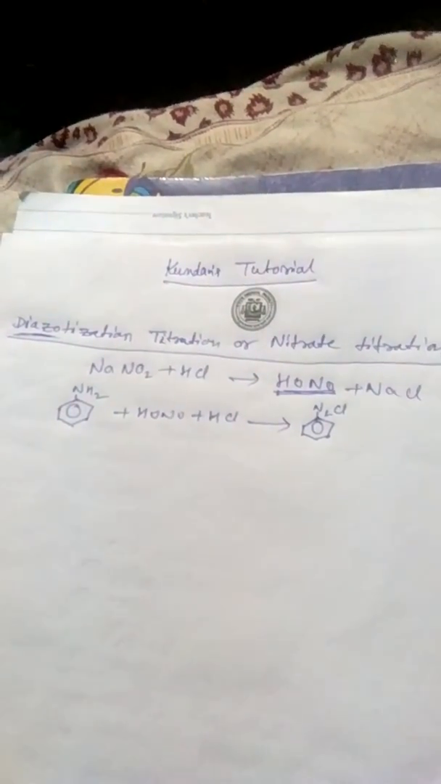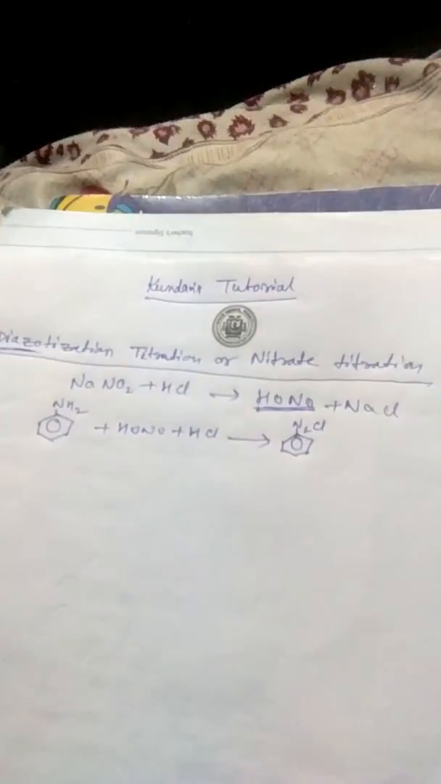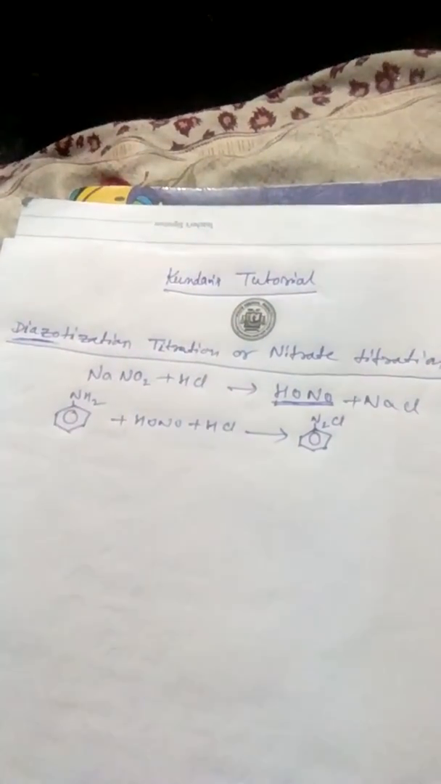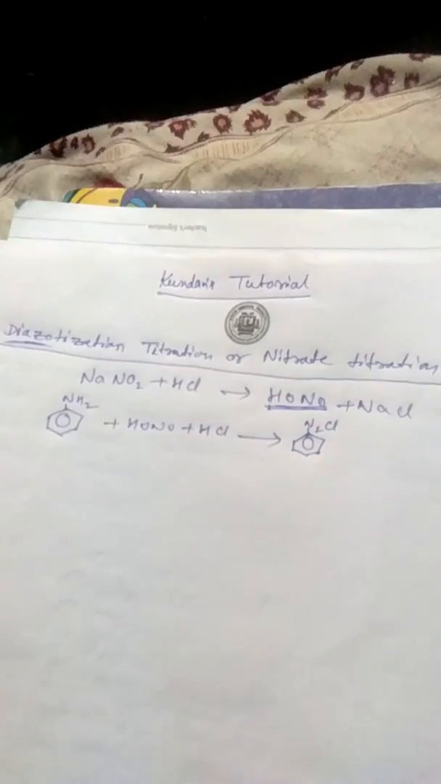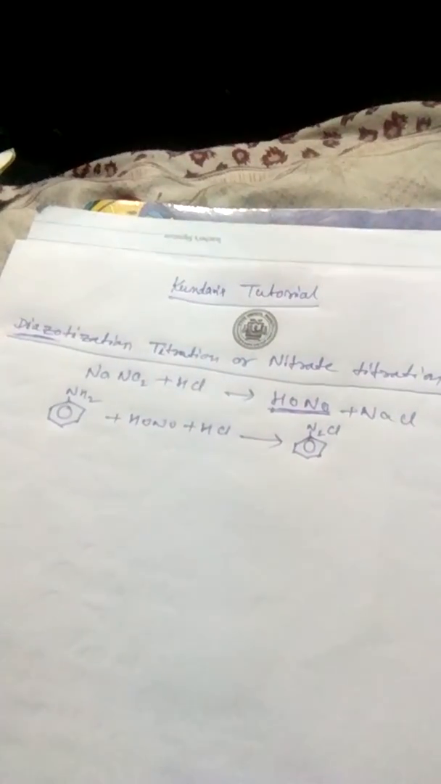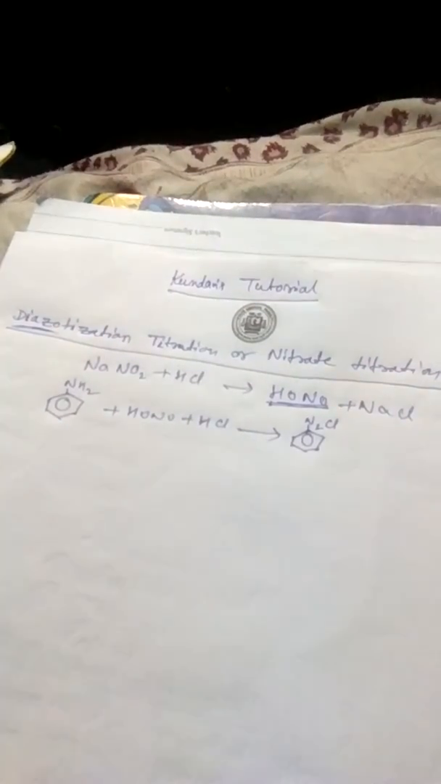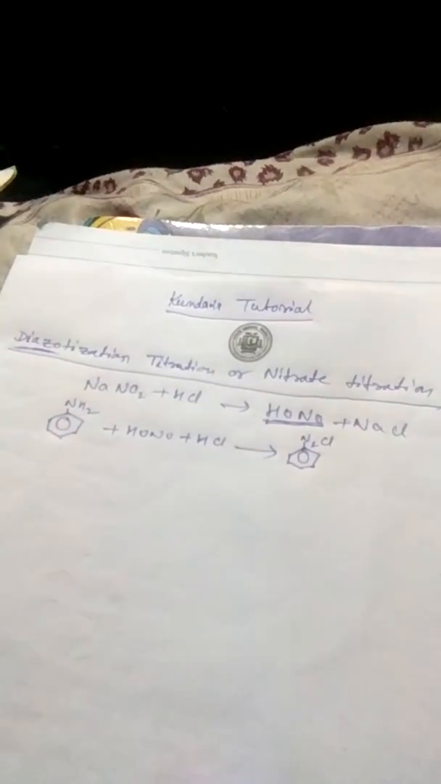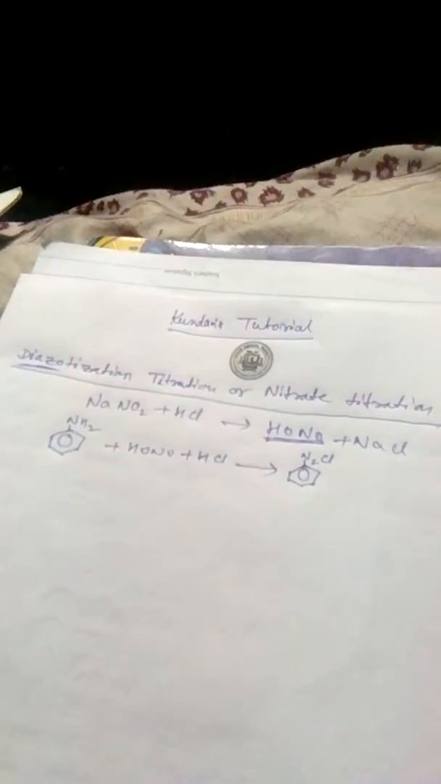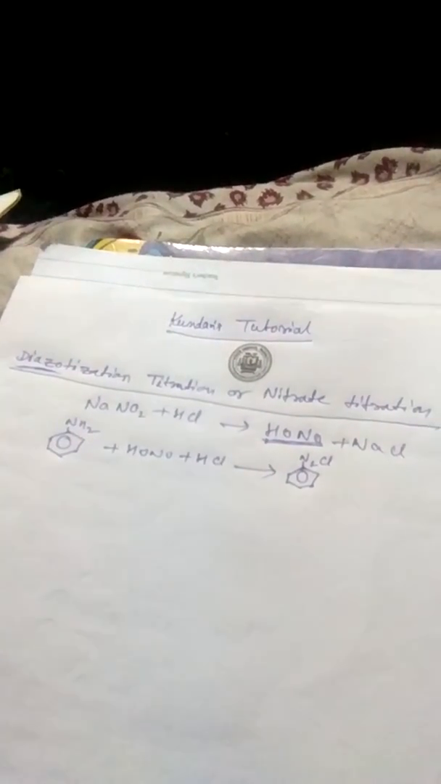Welcome to Kundan's tutorial. Today we will see the topic diazotization titration, or nitrite titration. This is a type of non-aqueous titration in which we do not use aqueous solution or any water molecules. In this titration, when sodium nitrite and HCl react, then they will produce